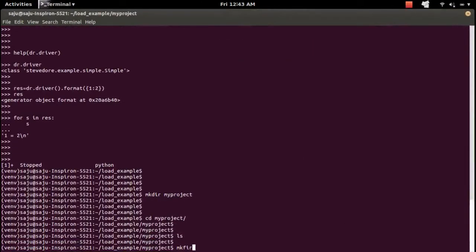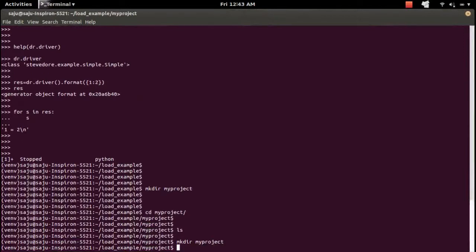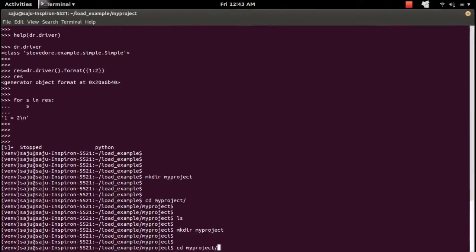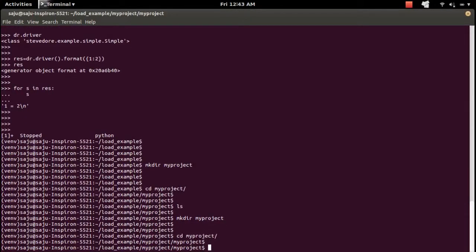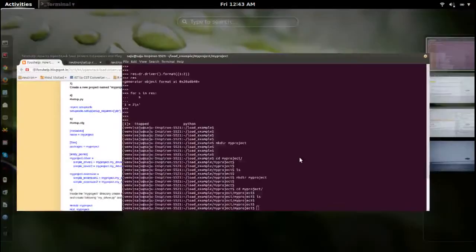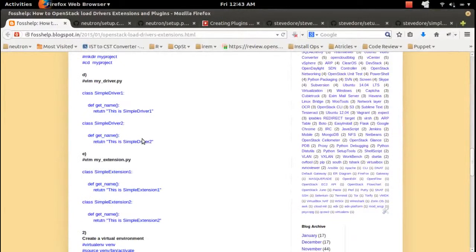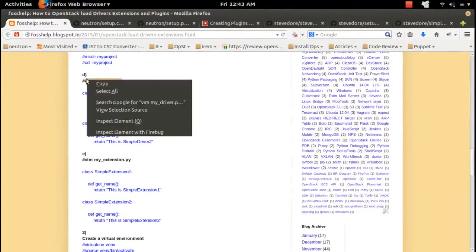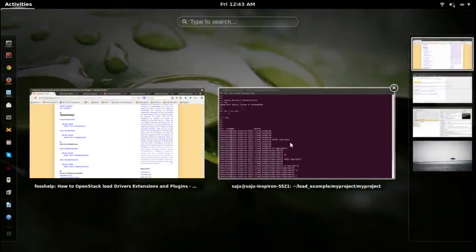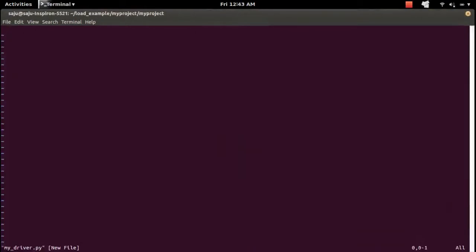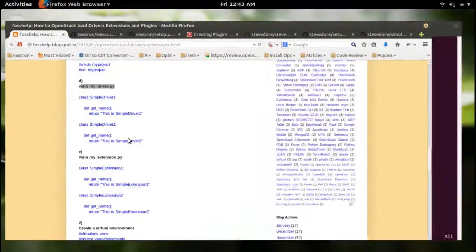so this is my project directory. Inside this directory let me create another directory with the same name. Then go to the directory. So here I'm going to create one driver file named mydriver.py. Inside that